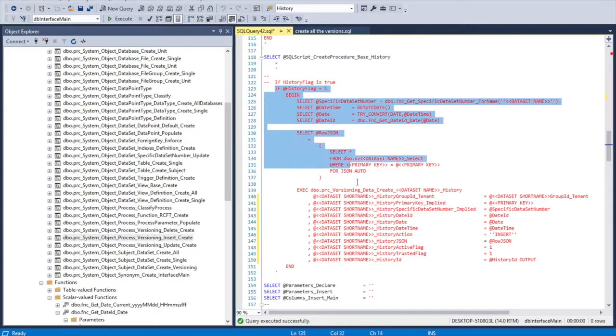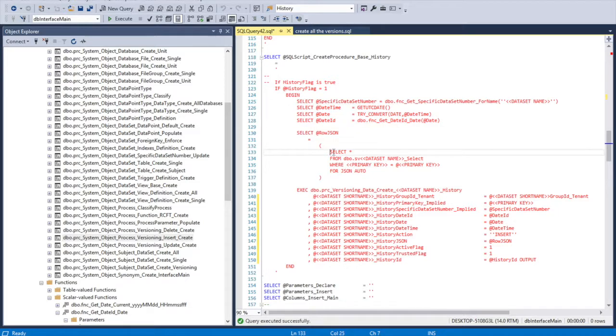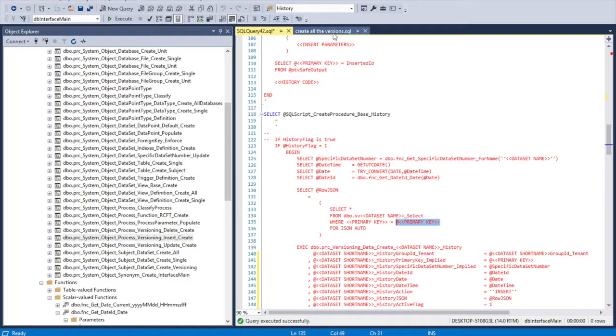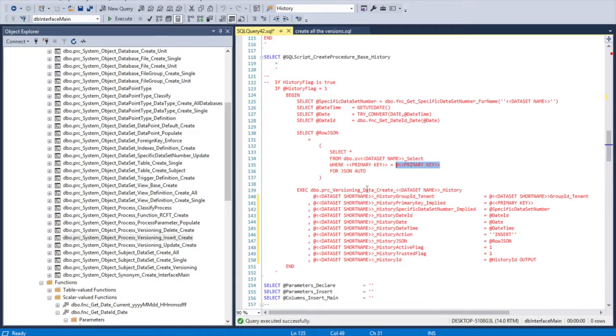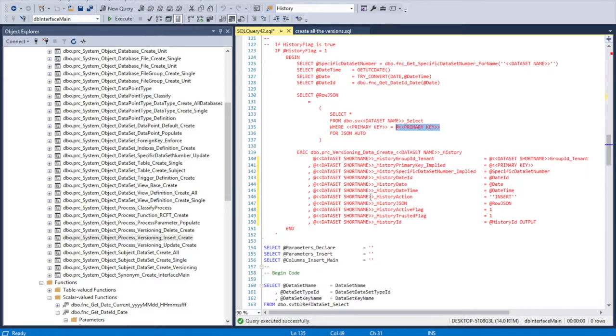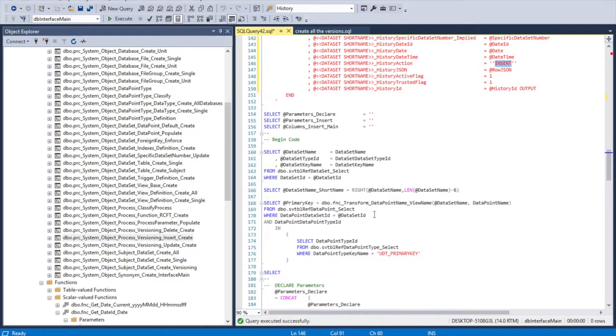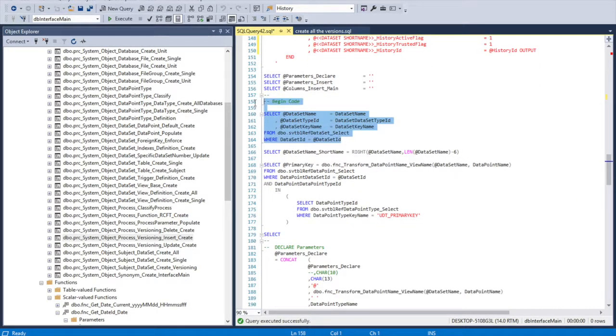So if the history flag is true, we're going to get information about the data set. We're going to get the current timestamp. We're going to get the JSON for what was just entered in. This primary key would be this value right here. And then we're going to call the procedure that we're also going to be creating to store that history with an insert action. So the code itself is pretty simple, getting the dataset name for the dataset ID that's incoming,